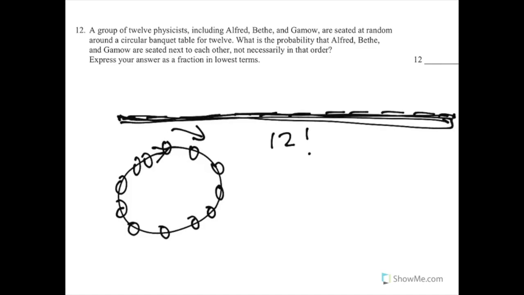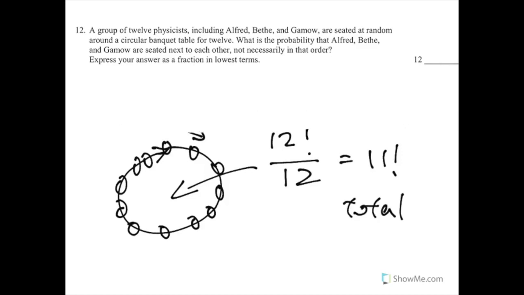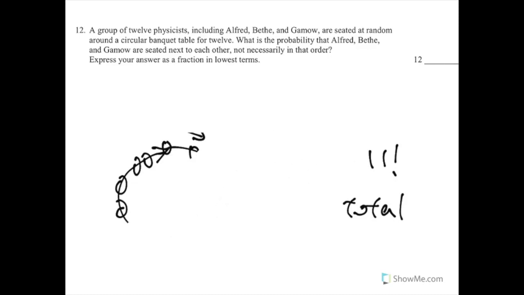And so we need to divide 12 factorial by 12 to get the number of arrangements around a circular table, and this gives us 11 factorial as our total number of cases. And so moving on to how many valid cases there are,